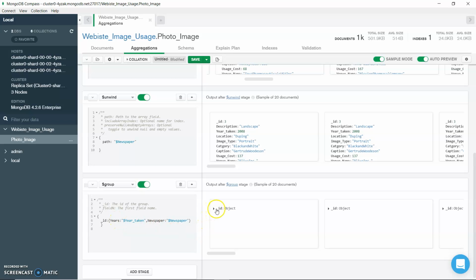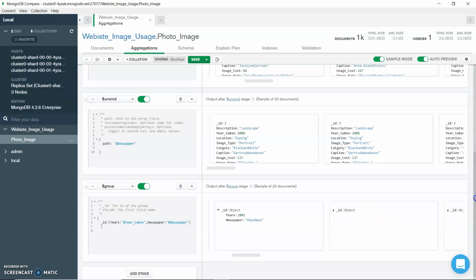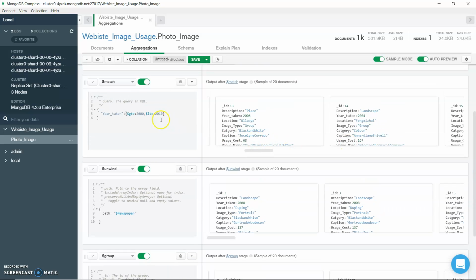If we hover our mouse over this, we can see the year object has been created with year 2006 and the newspaper Western People. Here again we can see that it is grouped by year and newspaper together, the newspapers which are between year 2000 and 2010.